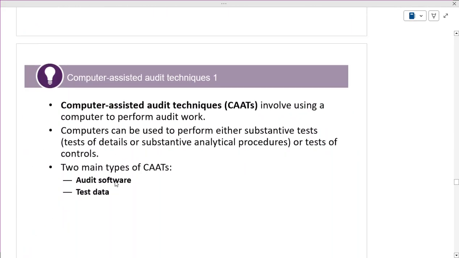The second aspect is another, also a very simple one. Nowadays, everything is done through audit software. We will add some more concepts in the later part of the lectures. Computer assisted audit techniques is nothing but using software to perform audit. Computers can be used to perform the substantive test of details or substantive analytical procedures,